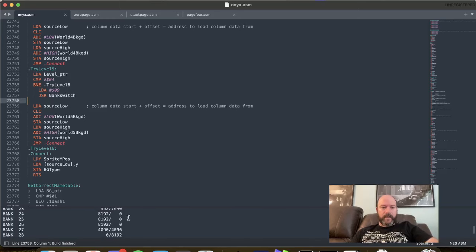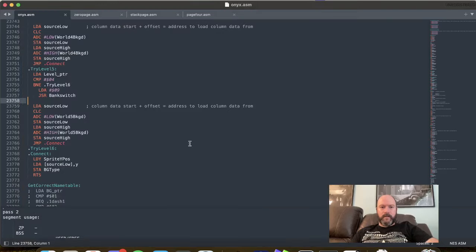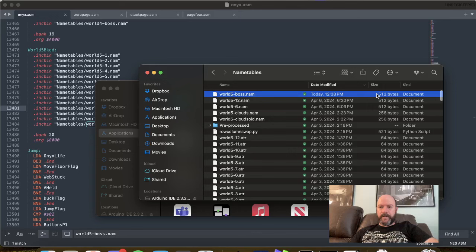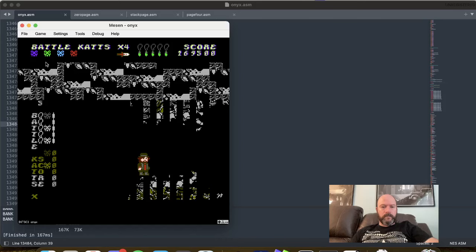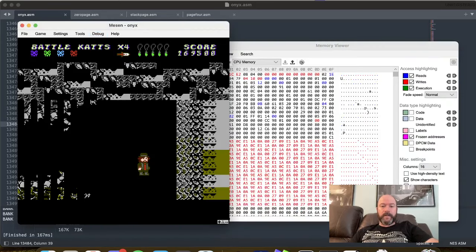So did it compile? Are there any errors? No. And I just saved this as world5boss.nametable. And if I go to name tables, it is the same size now as the other backgrounds, 512 bytes. Okay, it didn't this time. That's good. Okay, so I still need to...